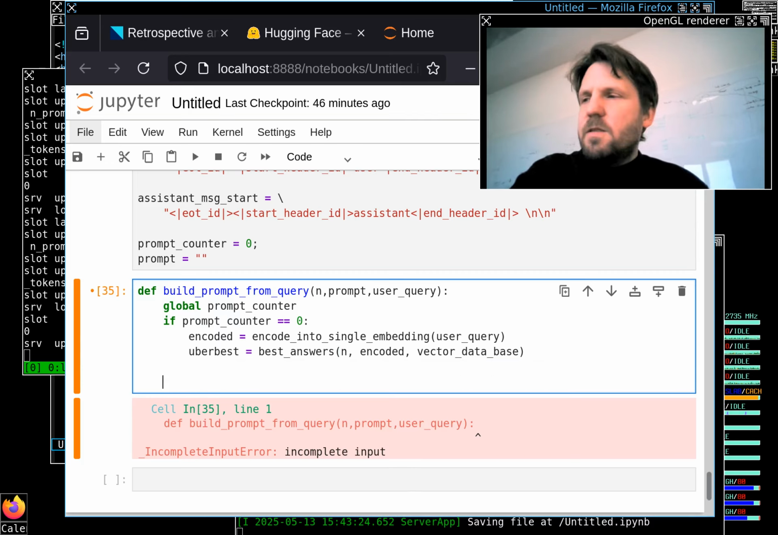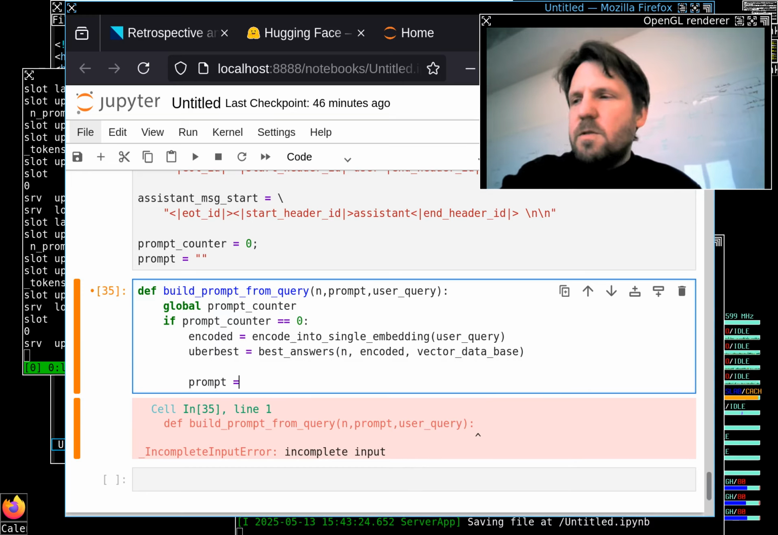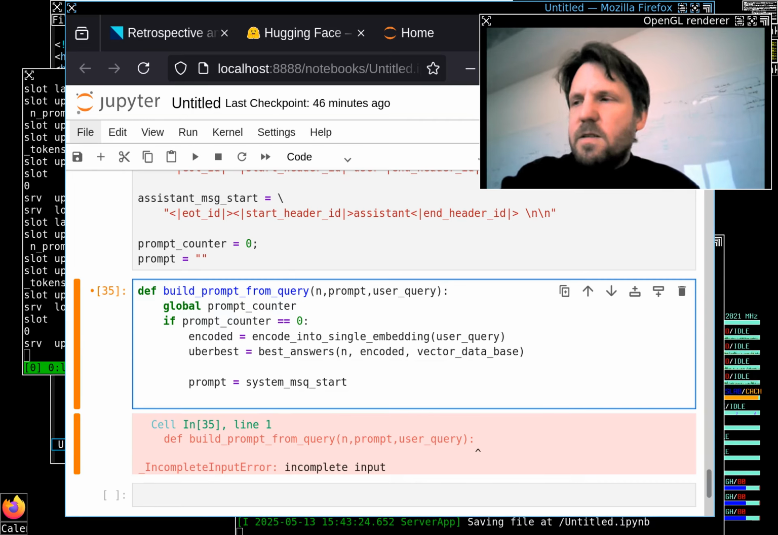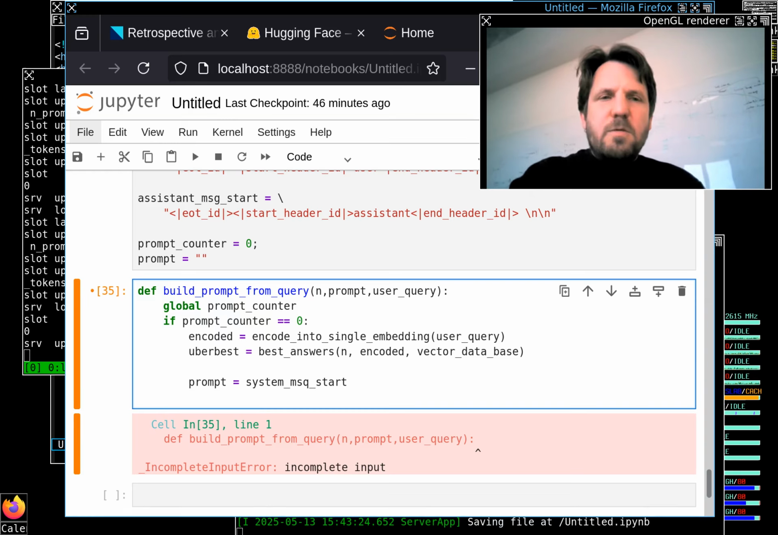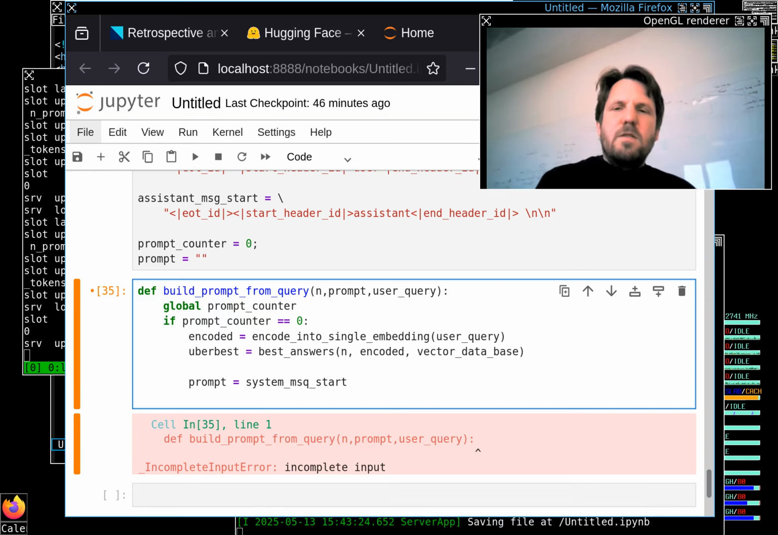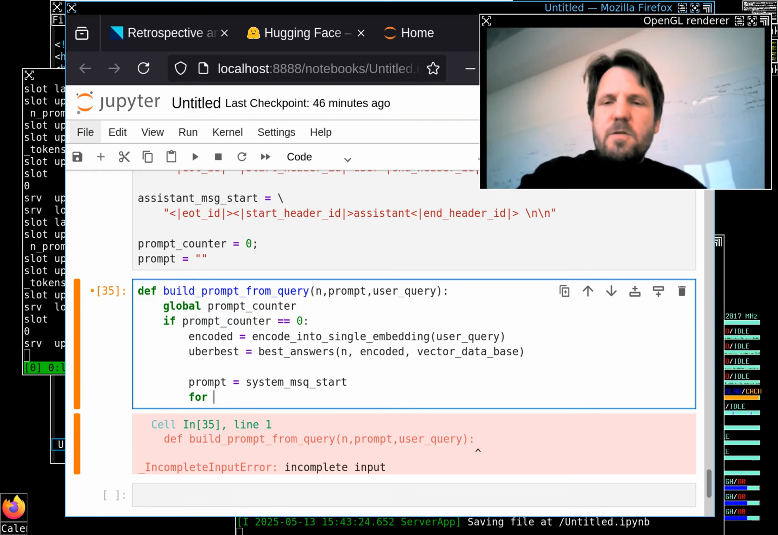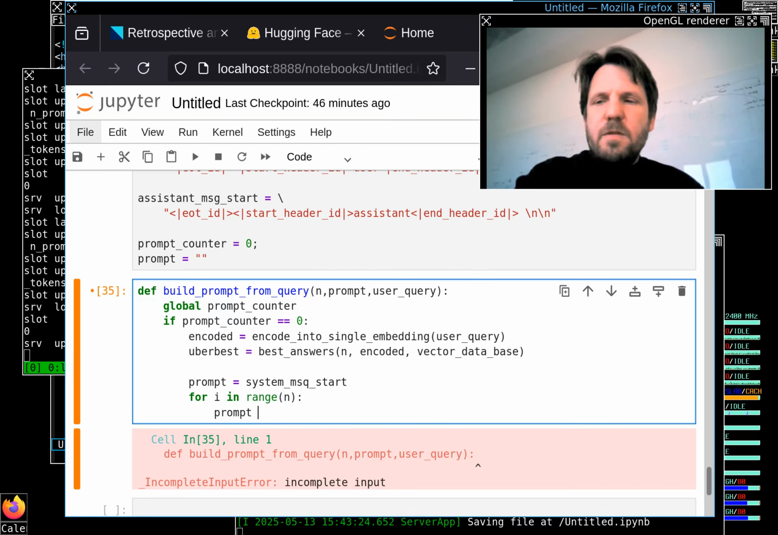So right now we have this, and then still if prompt equals 0, I want to build a new prompt. The first thing is we want to have the system message start part. So we start with the system message, and then we want to add what we got back here, the best slices. So for i in range, how many do I have? N, hopefully. Then we say the prompt equals the prompt, and we add